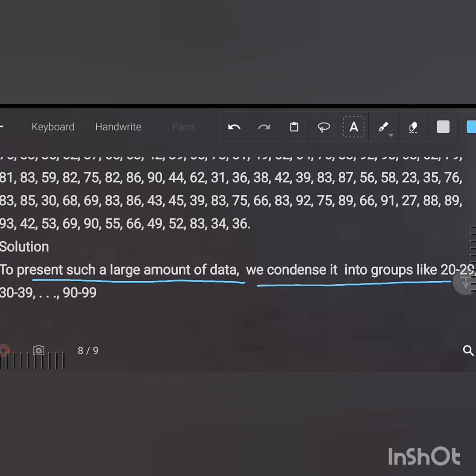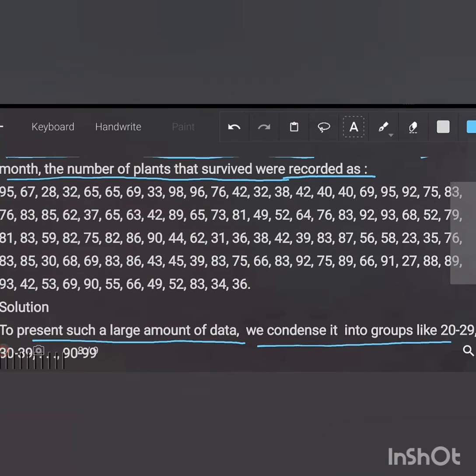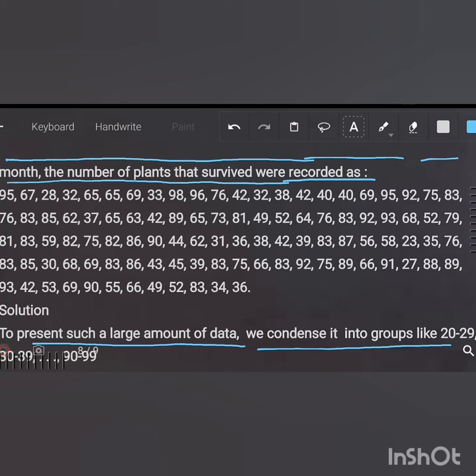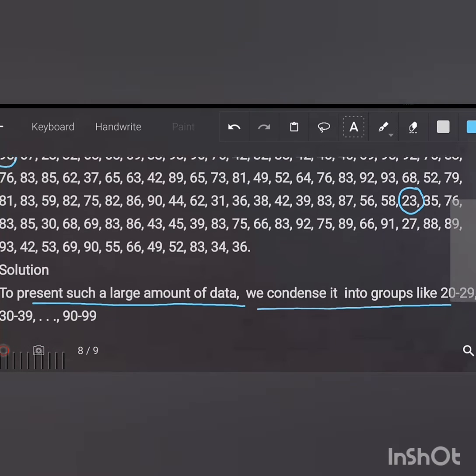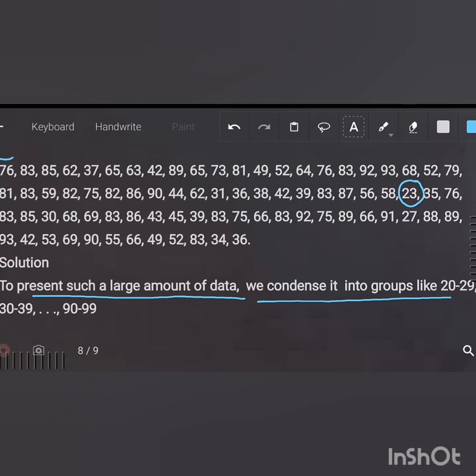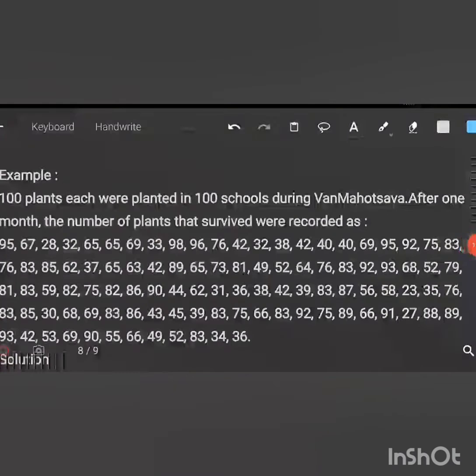If you observe here, how do we know the group's lower value and higher value? That we have to observe from the given data. Here, if we find these groups, we have to find the range of the data. Here the range of the data is nothing but the higher value of the given data minus the lower value of the given data. So when you observe the frequency distribution for the example, right?